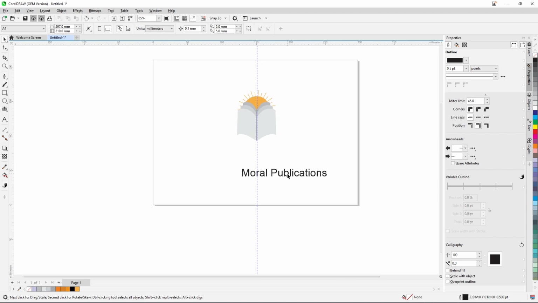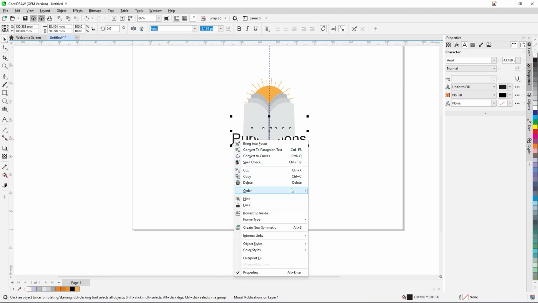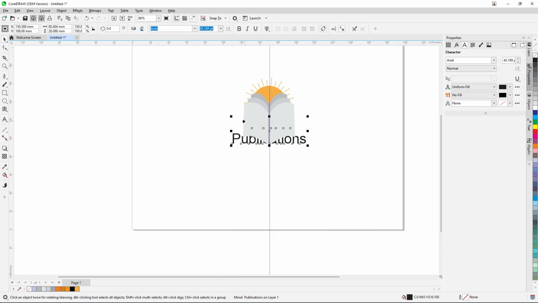Now here add the text. So Moral Publications. For Moral Publications, I'll divide this text into two parts. So Moral Publications. So select this and give the center alignment. Okay. Now I want to use this one. All this. Okay, and right click and order, and in front of this